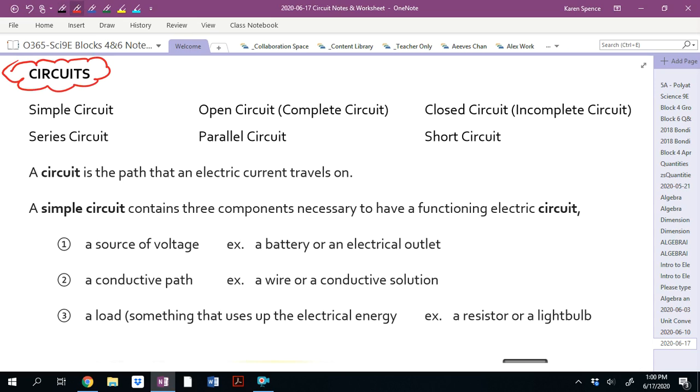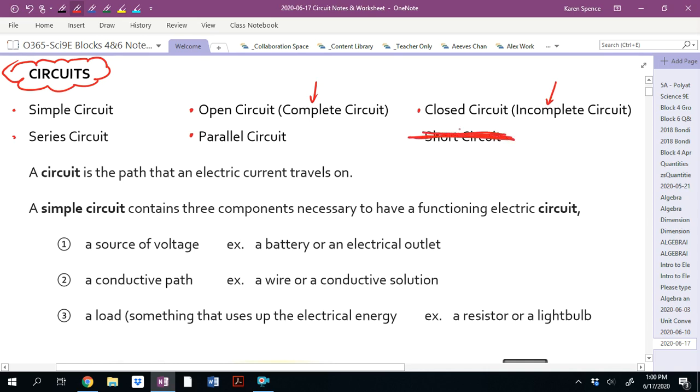So we are going to be looking at simple circuits. We will be looking at what it means to have an open circuit or a complete circuit, a closed circuit or an incomplete circuit. Those are synonyms. We'll be looking at series circuits, we will be looking at parallel circuits, and we won't be looking at short